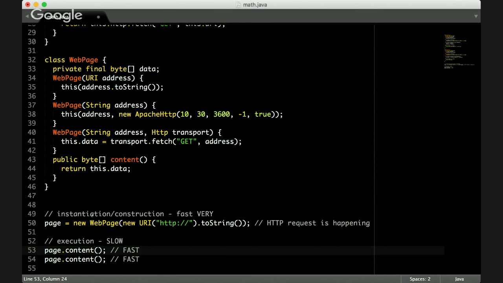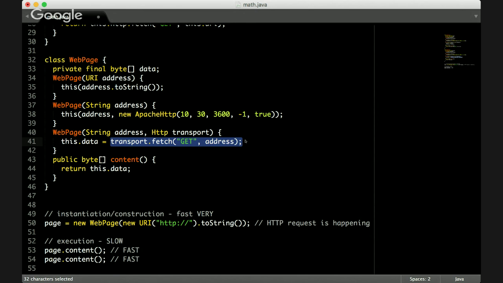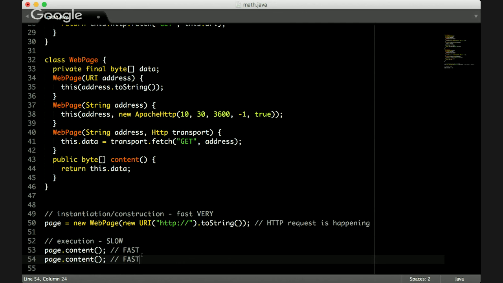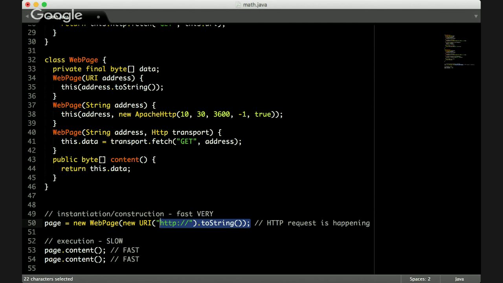So we do the execution right inside the constructor. It looks to us like we're doing it in order to optimize performance. Because look, the HTTP request will be made just once. We're not going to make it here. We're not going to make it here. We just make everything right here when we instantiate an object. This is a totally wrong approach